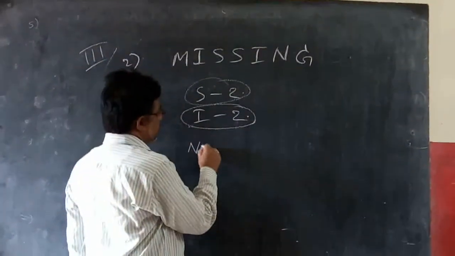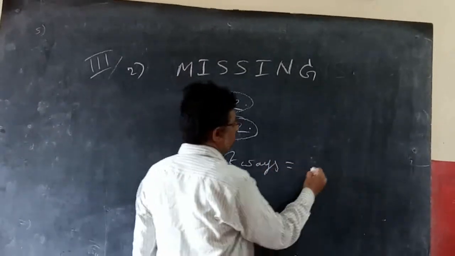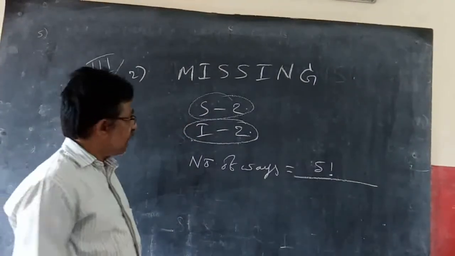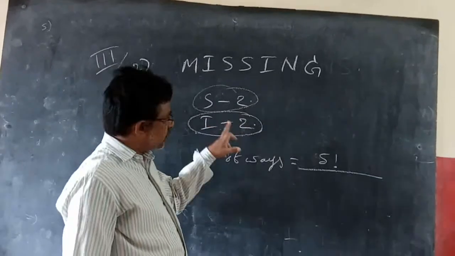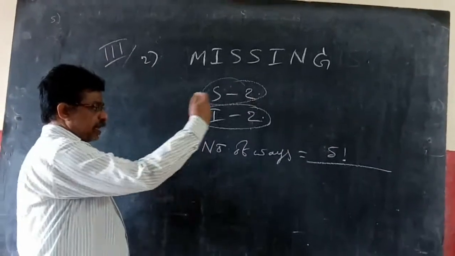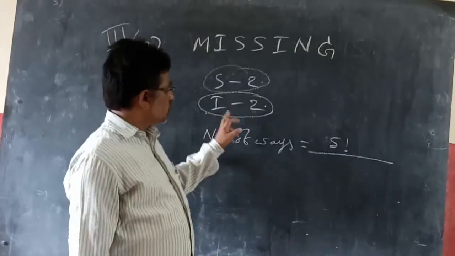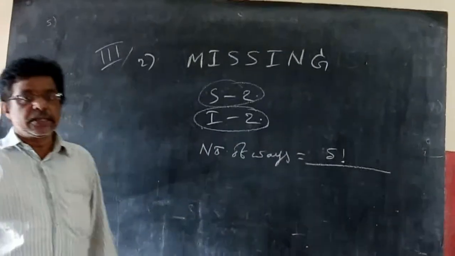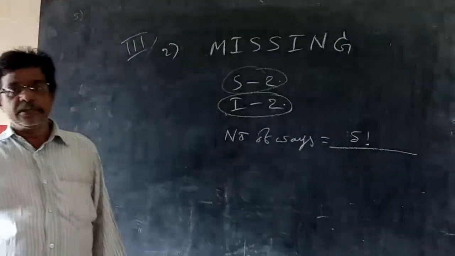So the number of ways equals 5 units arranged in 5 factorial by repetitions. Is there any repetition? No repetition, because I am considering this as 1 unit and this as 1 unit. So it is 5 factorial by 2 factorial, 2 factorial, which cancels, so no need to write that. These are 2 units and these are 3 units, 3 plus 2, 5 units can be arranged in 5 factorial. This is the total number of ways of arranging.